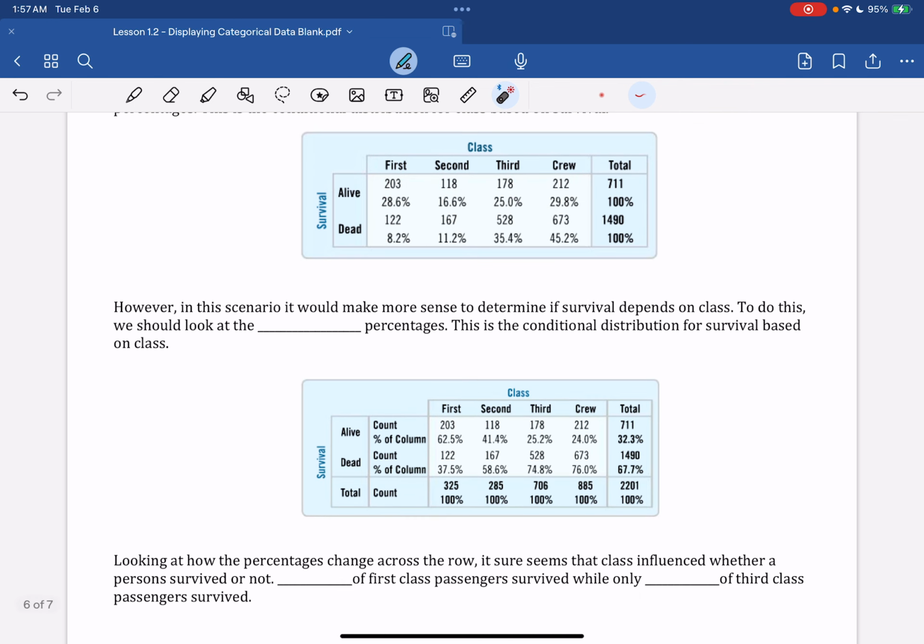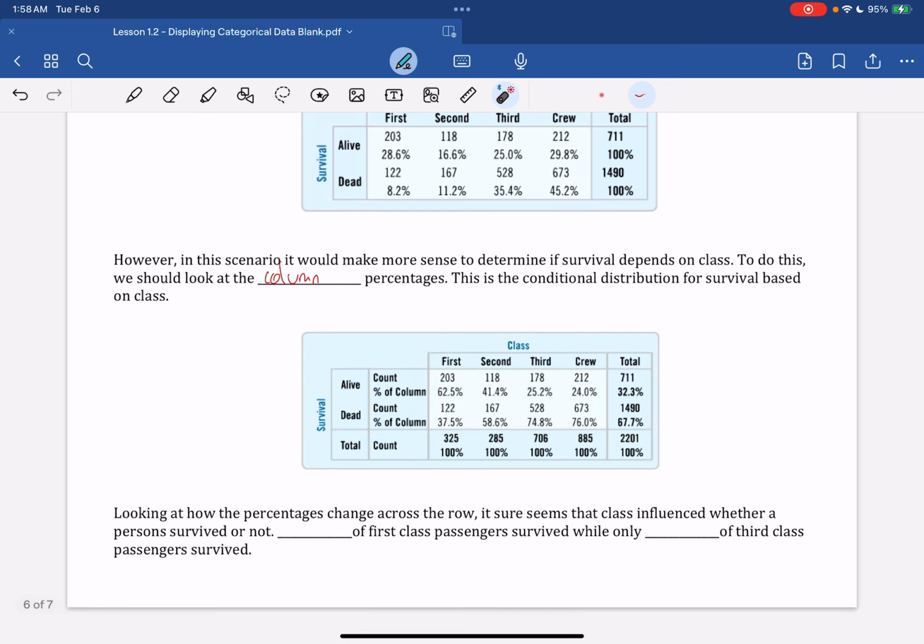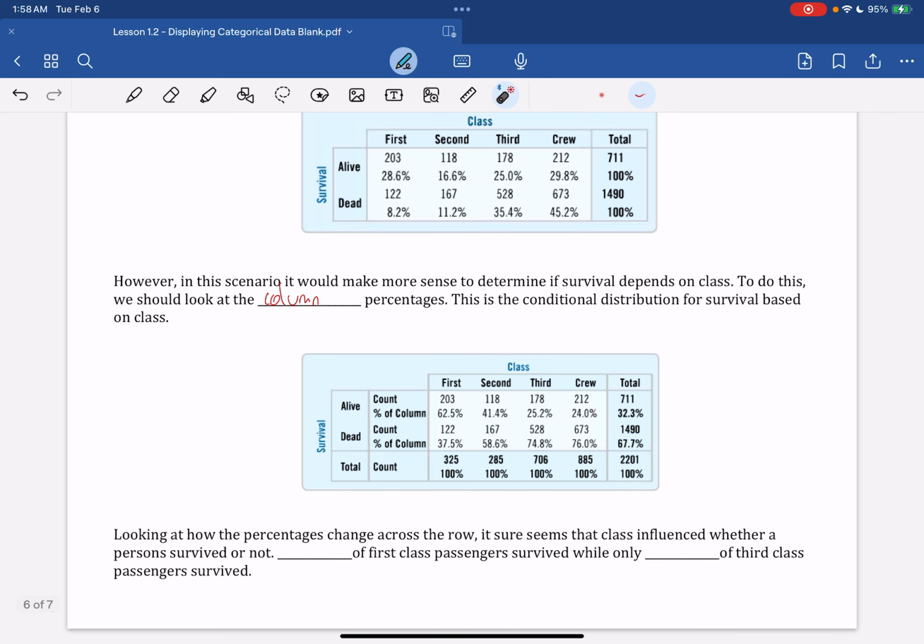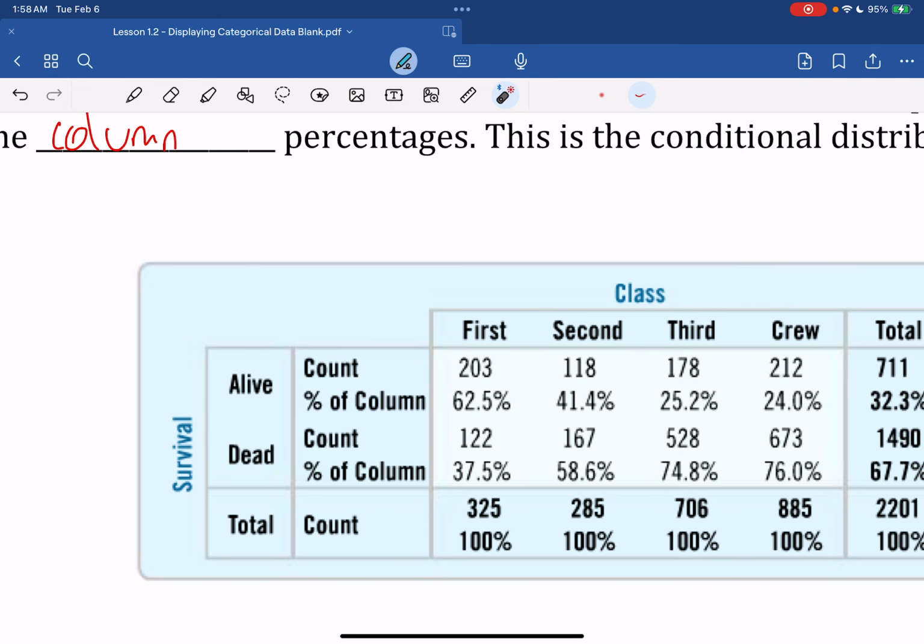However, in this scenario, it might make more sense for us to determine if the survival actually depends on the class. To do this, we would look at the column percentages. This is a conditional distribution for survival based on the class. So here we have, did they survive based on their class? If we take a minute to look at this for a little bit, we see that the number of people in first class that survived, out of that